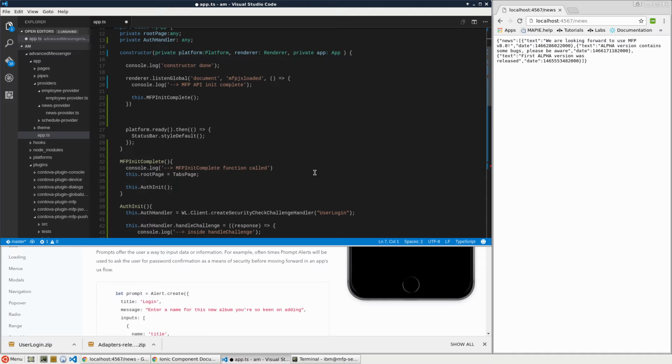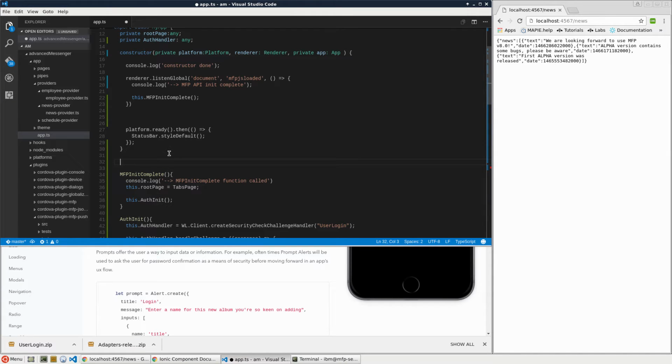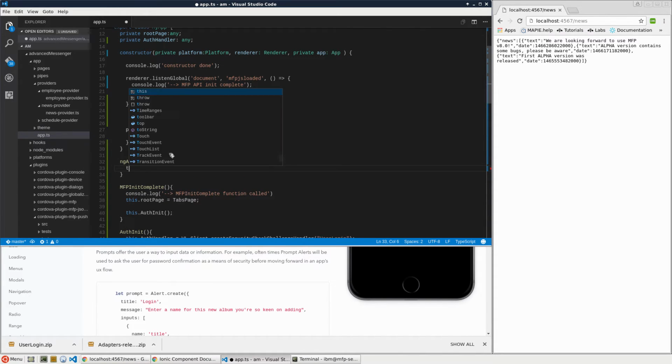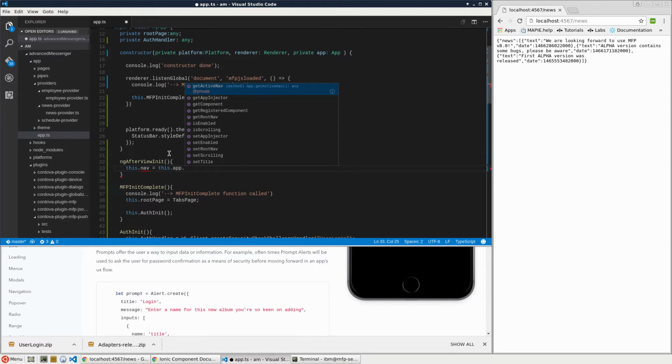the nav controller will be loaded after our view init. So we will need to wait for that, catch that event, and afterwards we can get the active one, meaning of course the active navigation. So for that we can use lifecycle events and ionViewDidEnter, for example. And inside we can just say that this nav will be equal to this app get active nav, just like